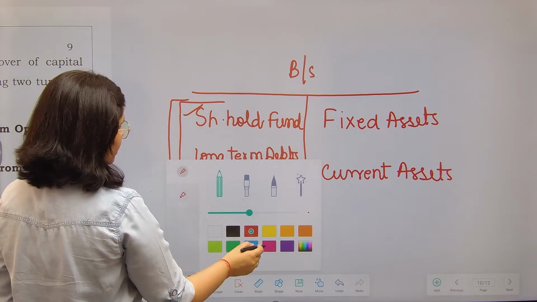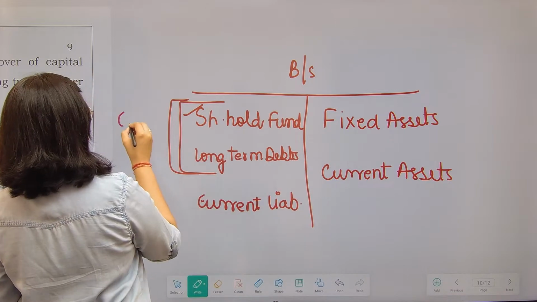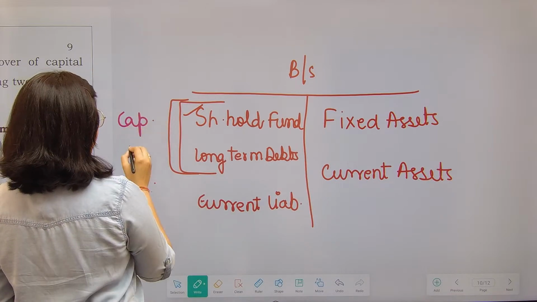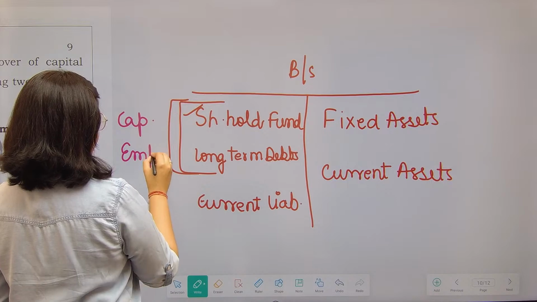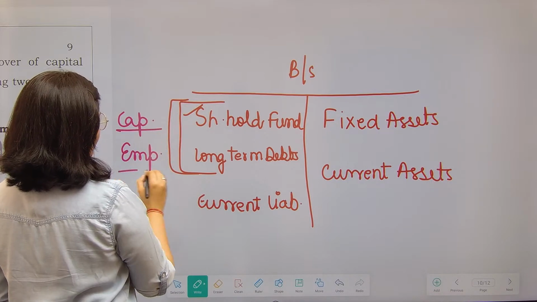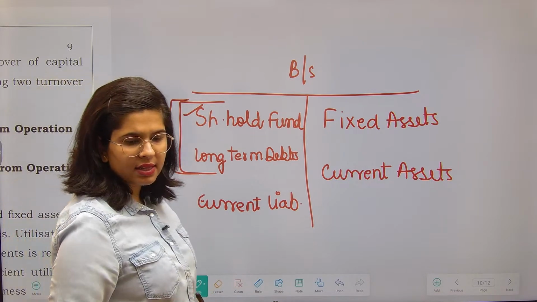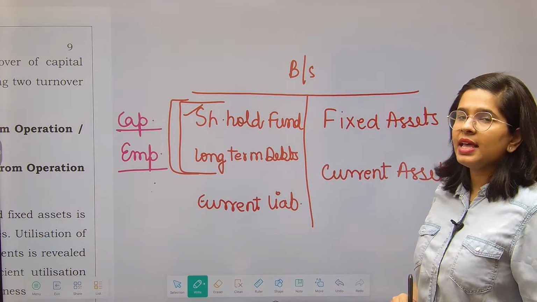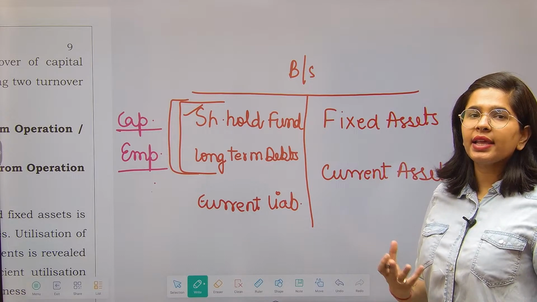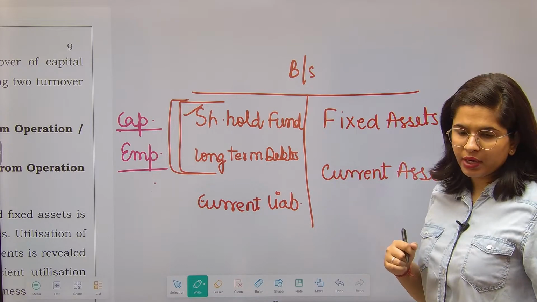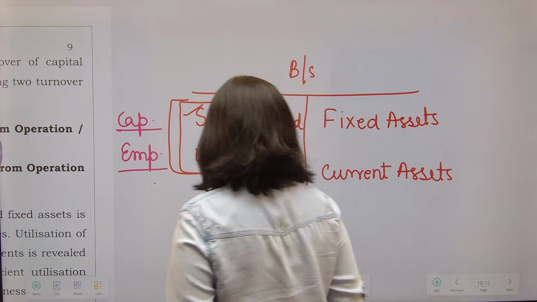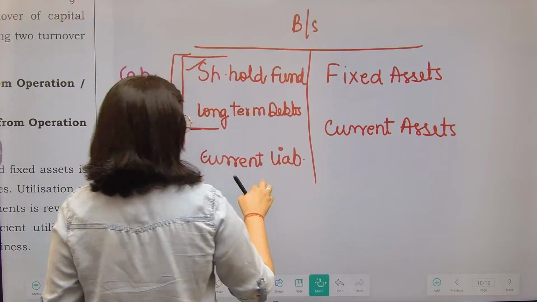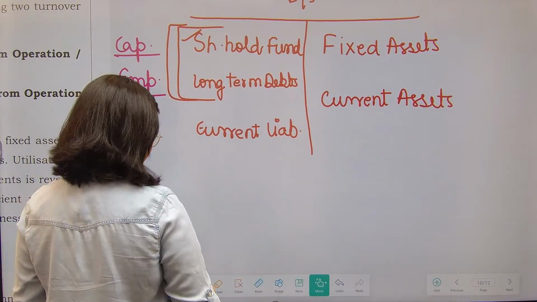Yes, so this is my capital employed: my own funds as well as the long-term funds that I have borrowed. Now, if someone asks what is the other way you can calculate the capital employed, I will say that yes, one way is shareholders' fund plus long-term debts. But apart from that,